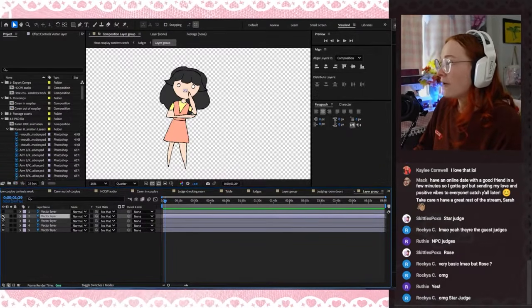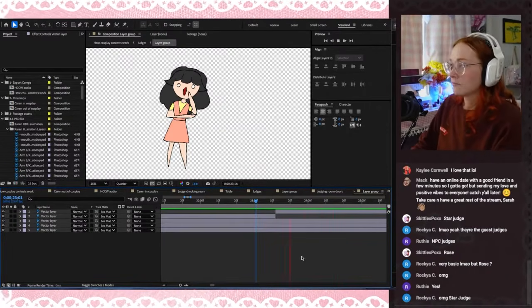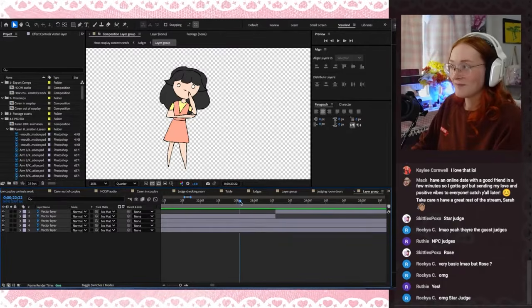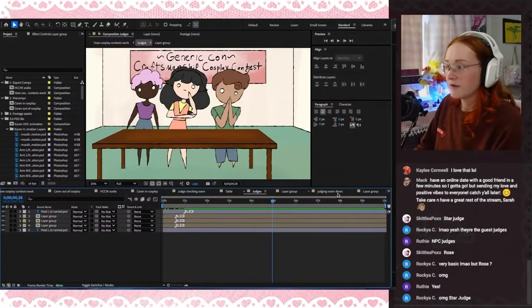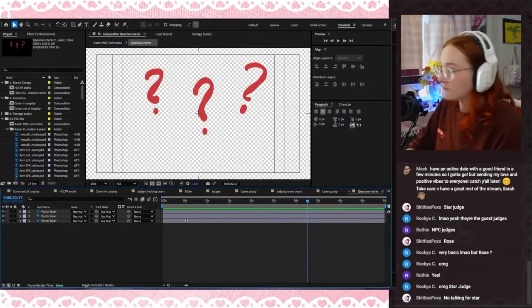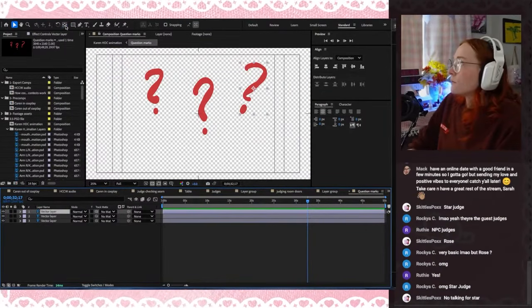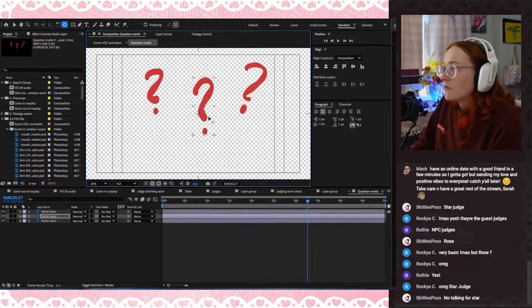Well, she has 2 mouths. I can make her do this. Oh! Whoa! Okay. That's useful because I want them to ask questions. I have made question marks. But I didn't animate them, so I'm actually gonna go ahead and animate these, and I will show you the biggest